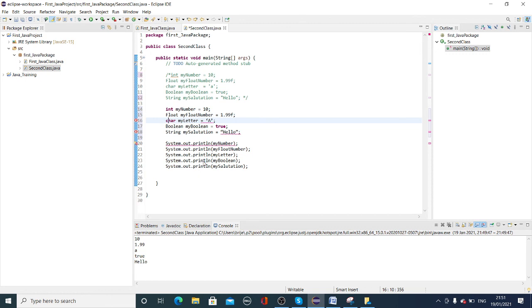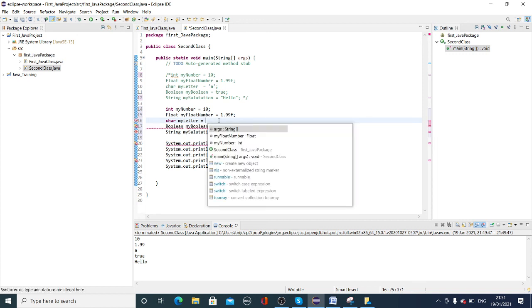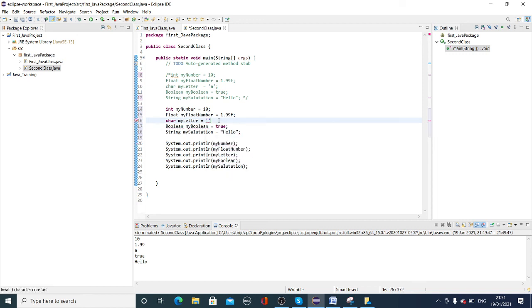But in these errors, what is happening, you can see this, even though the syntax says that a character or char you define in single quotes, even though it is in single quotes, this identifies an error. So if I delete it and put single quote, capital A, the error has gone.